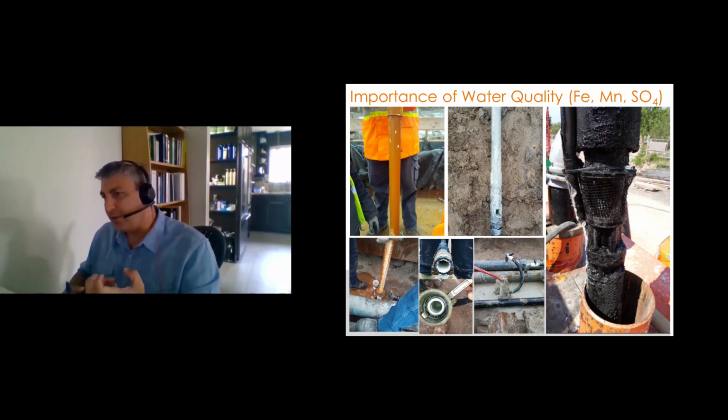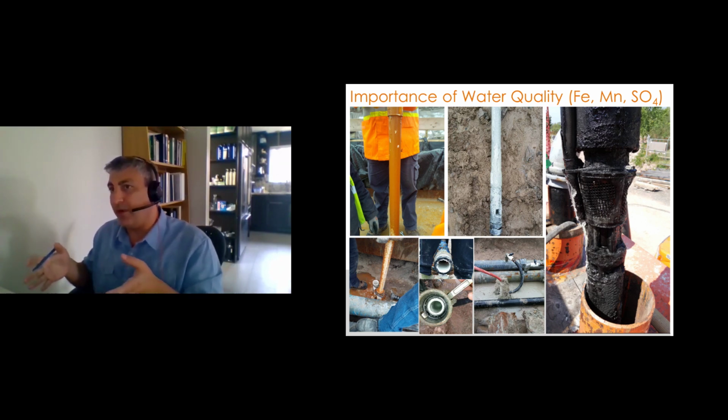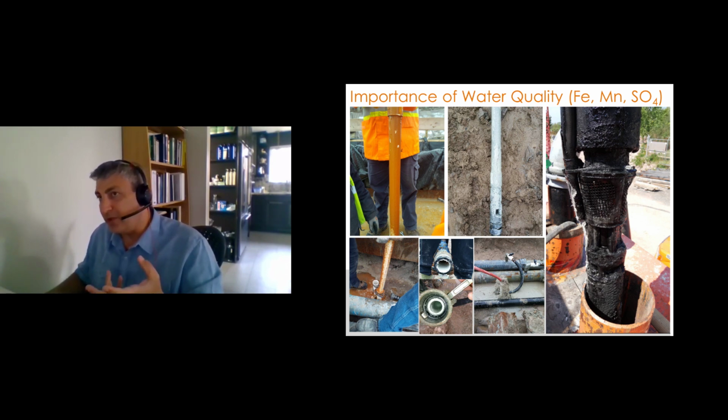filled with a chemical precipitant, and you can see the water starts flowing again once it's cleared. So that happened to be a job where they tunneled 90% of the project. They left 10% for open cut with adductors supporting the dewatering, and that 10% turned out to be the disaster and caused more problems than anywhere else on the site. And so again, if you're tunneling most of the area, stick with the tunneling, especially when you know you have